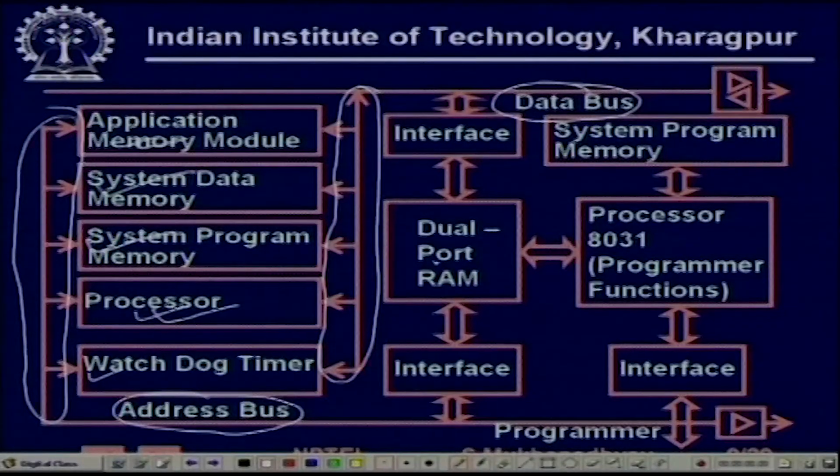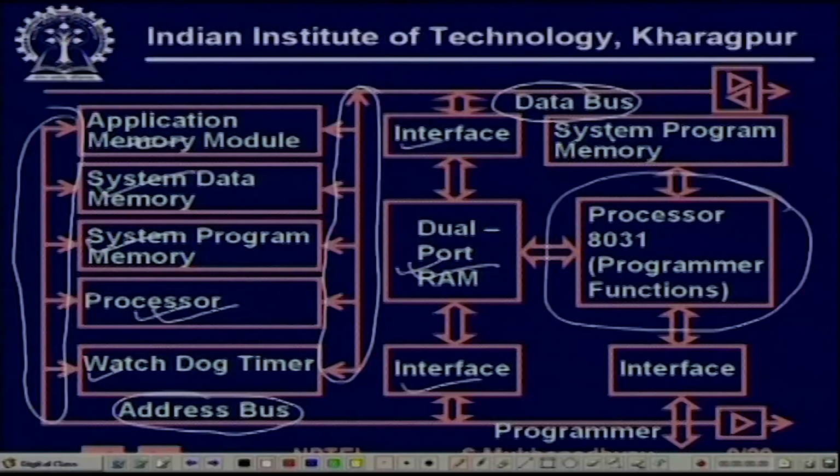Okay. So you could have dual ported RAMs, as I said, apart from the normal RAMs. Obviously there have to be various kinds of interfaces. Here we are seeing a particular additional processor. This is the main processor, but we are seeing an additional processor, and the job of this processor is to